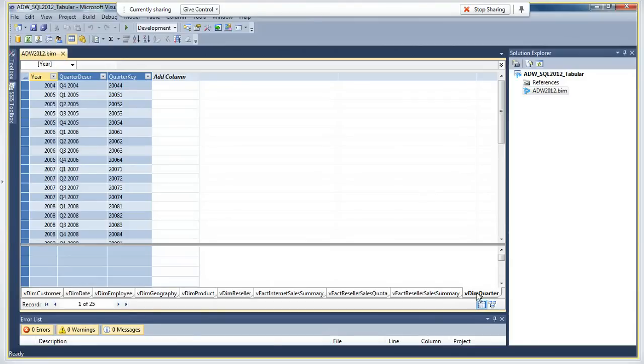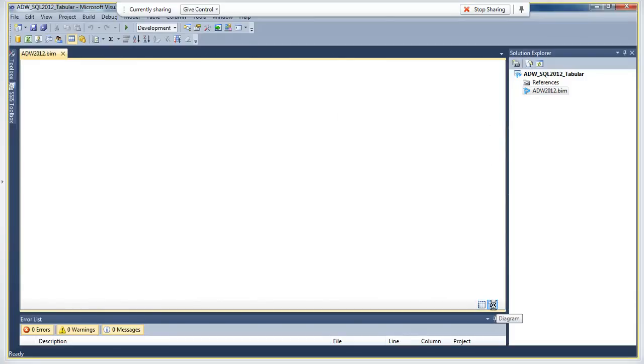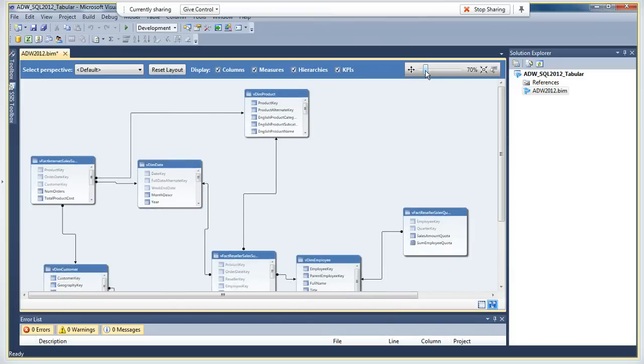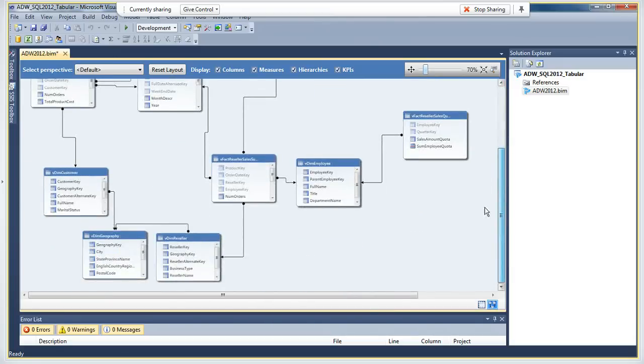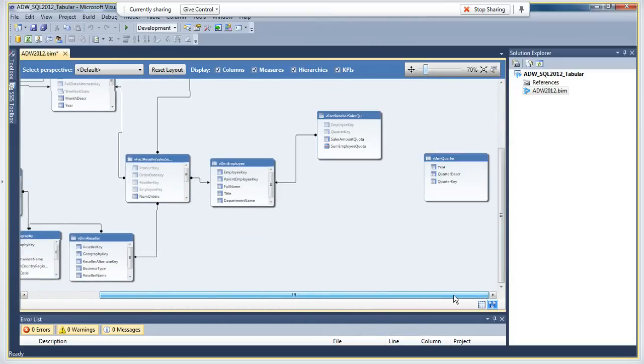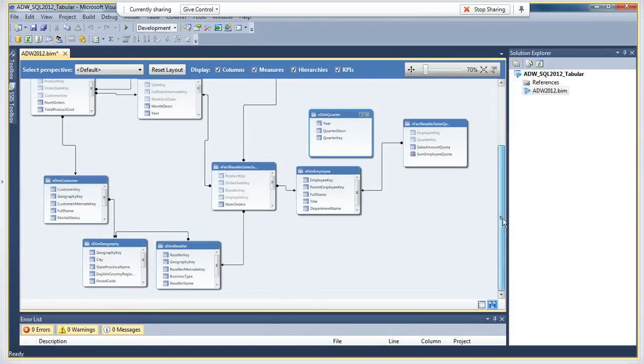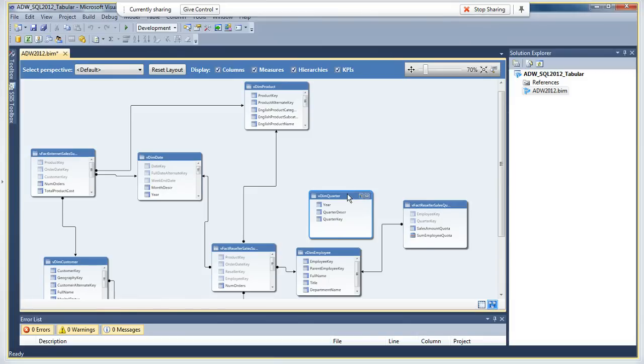Well, it's definitely participating as a table here on the list. Now let me go back to the diagram. And hopefully we should see it now. Okay, maybe it was out there to begin with. I wasn't seeing it, but it's out there now. So let me bring this up. Now, VDIM quarter,